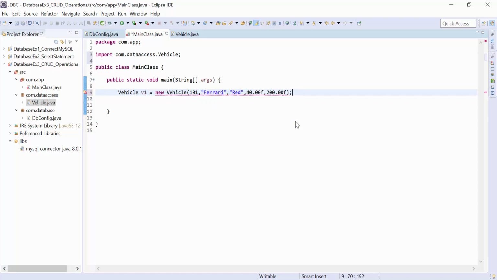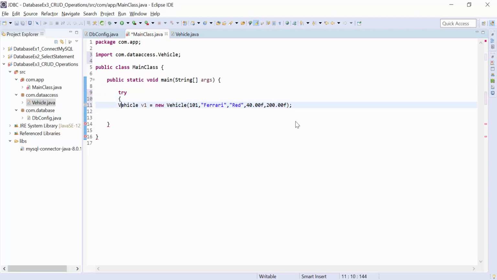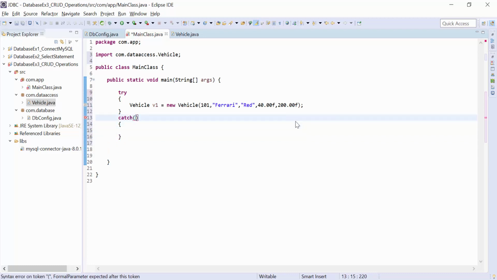Okay, so we are calling the constructor and the constructor throws an exception. To handle this exception, we write try catch. Instead of writing throws, we can write try catch. And whichever exception the function is going to throw, that we handle.